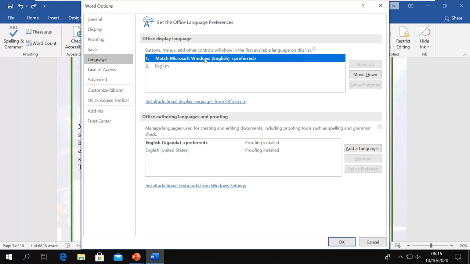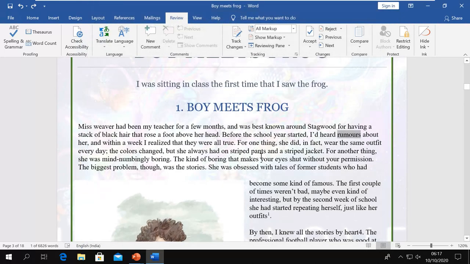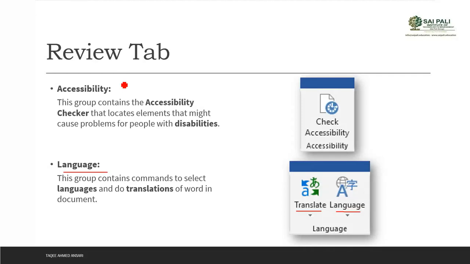Now it is using the default language in your Microsoft Windows. Even you can use another language as your preferred language by setting it as preferred, and you can add the language from here. So this is the language group.